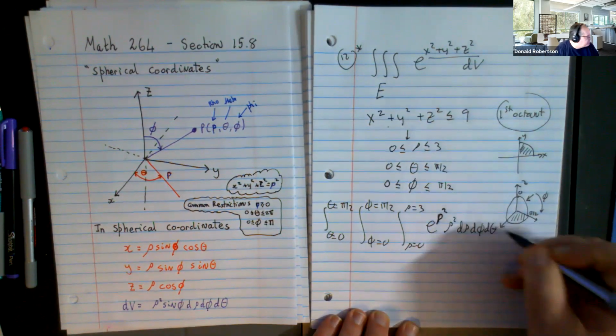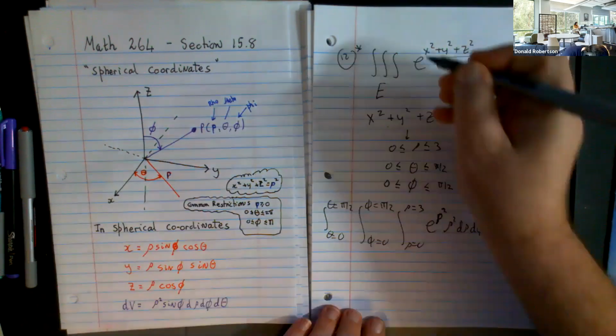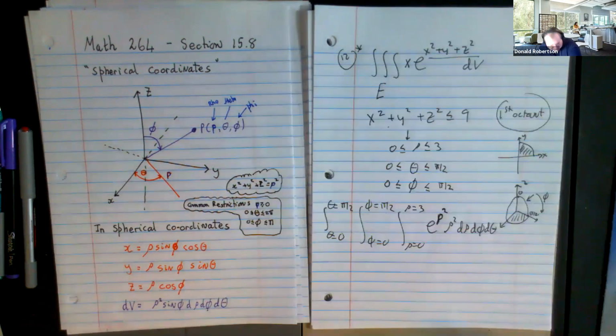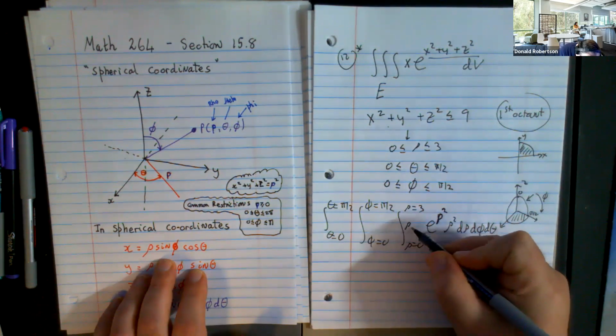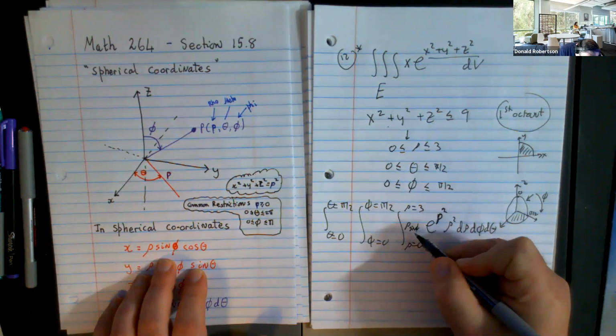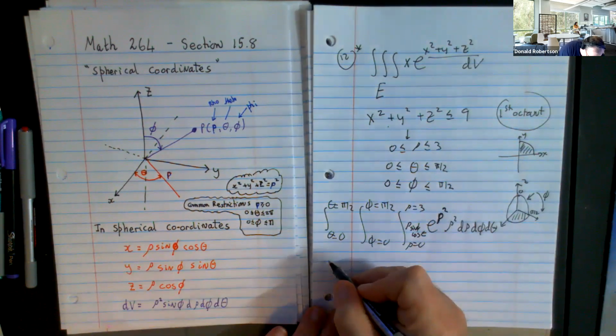Let me check question 12. There's something not right. Ah, now something's right. There's an X there. And what that X is going to do is introduce another rho, a sine phi, and a cosine theta. So if I split these guys up,